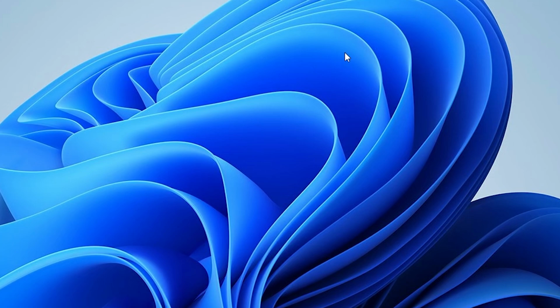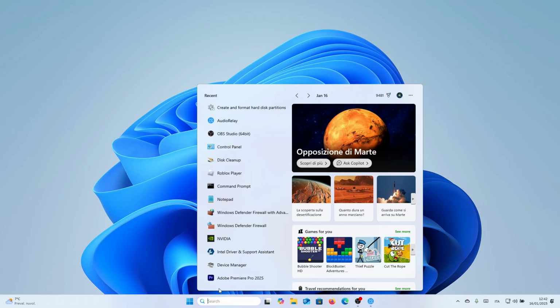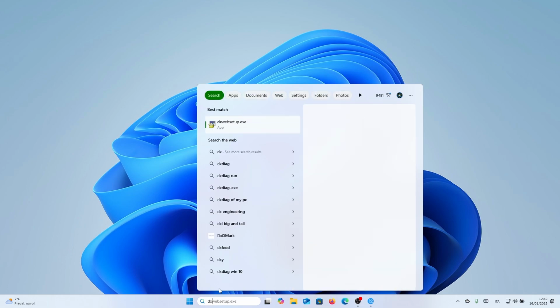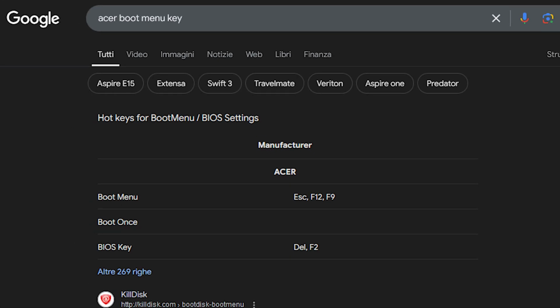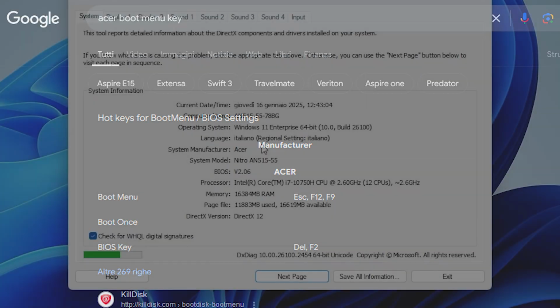No, let me show you an actual good way. In the Windows search box, type dxdiag, this command right here. Click on open and see your system manufacturer. My system manufacturer is Acer, as you can see right here. This is my computer manufacturer, and for example I should search "Acer boot menu key" and do this for your